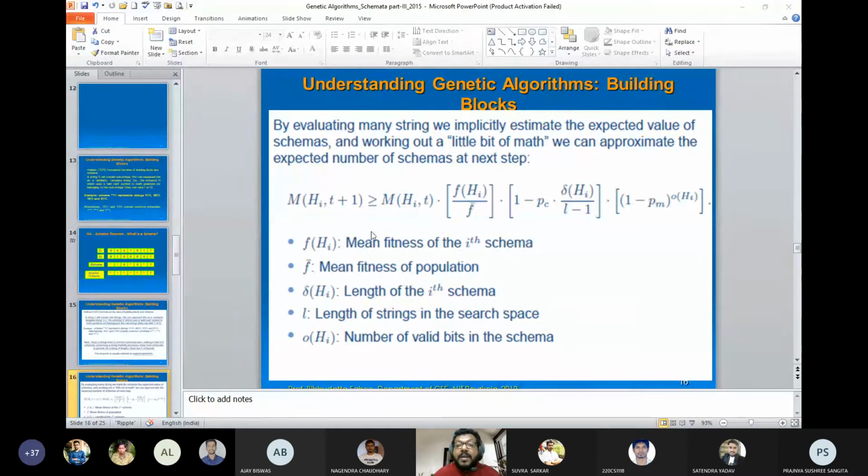If you want a further explanation, I'll also discuss it, because all these terms are defined. Again, I repeat, given a population, we are finding three schema that represent the population. Not necessarily all individuals fit into the schema. Let us say three are not fitting, only 7 are fitting into the three schema, and we start with them. After reproducing, we have a new population, denoted T plus 1. So we calculate this particular value.